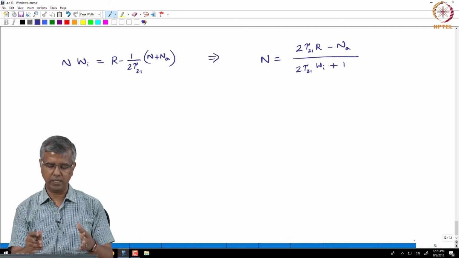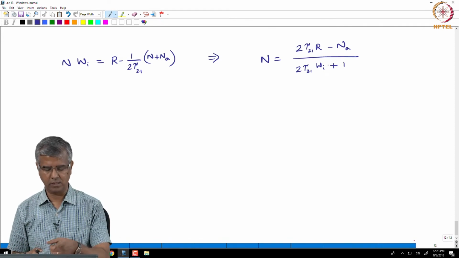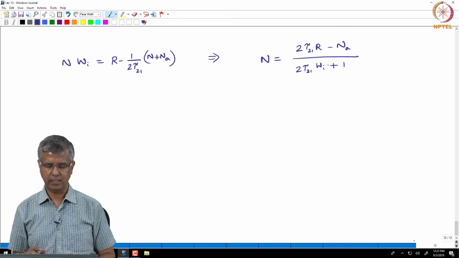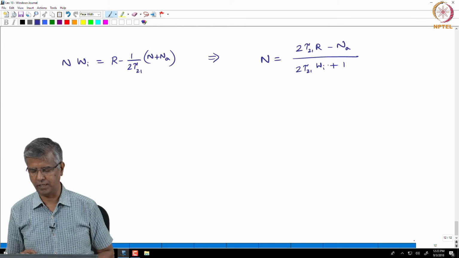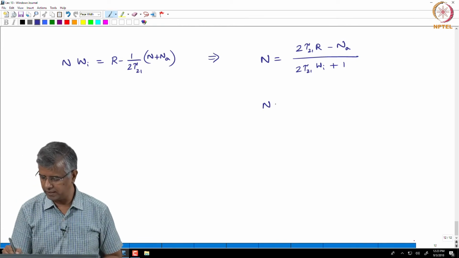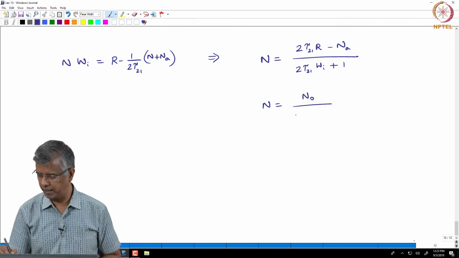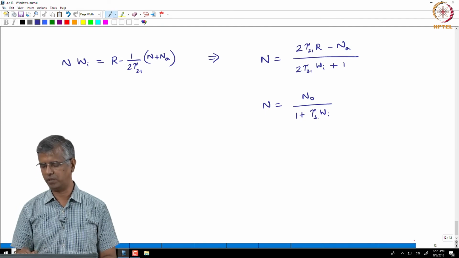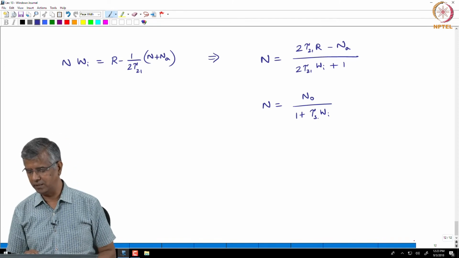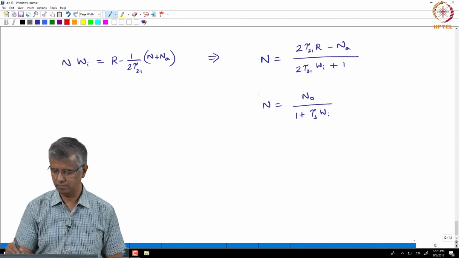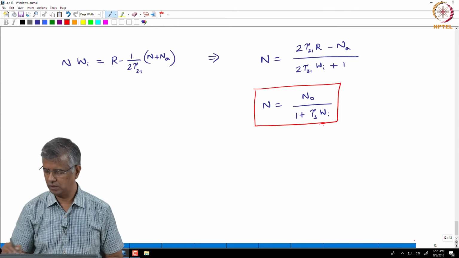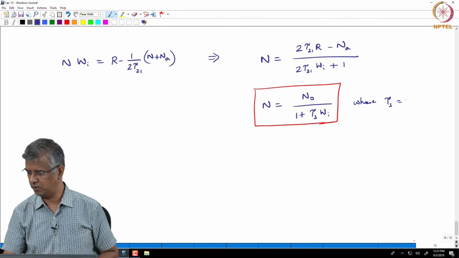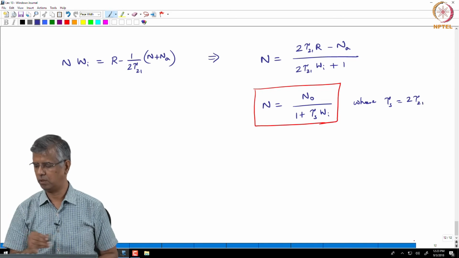right. So what I am doing is all the factors corresponding to n I am taking to the left side, and the other terms I am retaining on the right side, and then just simplifying from there. So I get an expression like this. So this I can write as n equal to n naught divided by 1 plus some term tau s multiplied by Wi, because I want to plot n as a function of Wi. So of course, where tau s would correspond to 2 times tau 21,